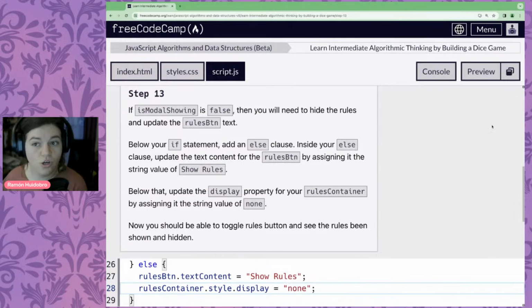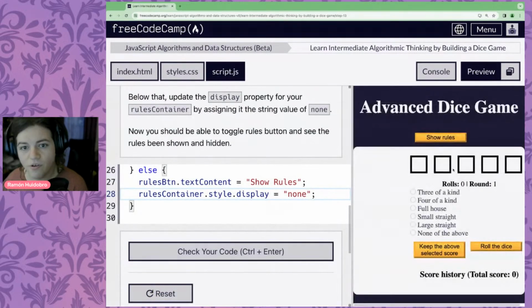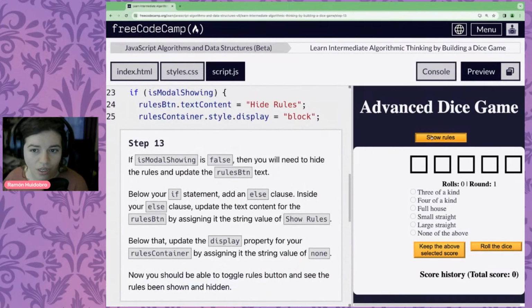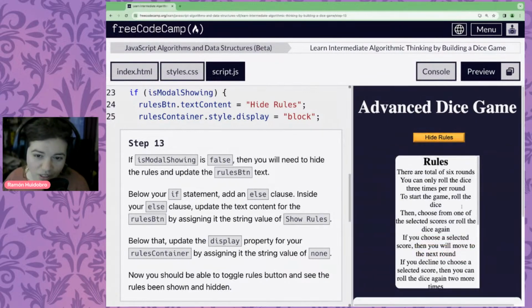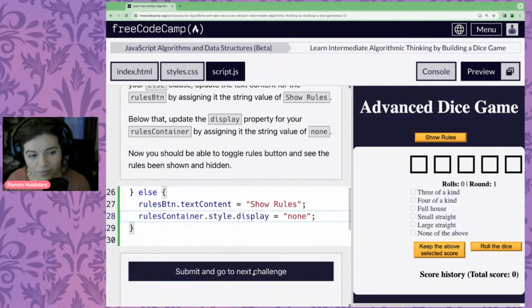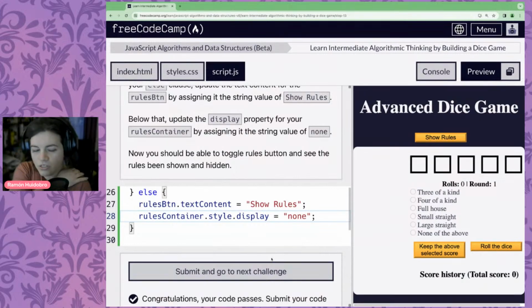So now if we go try it out, because we've already added this event listener, because we've already wired it up, we can actually show and hide the rules already. Now notice, first of all, this is now display block, and the text is hide rules. And if I click on it again, display is now set to none, and the button title is show rules. So that looks good. We'll pat ourselves on the back, pat, pat, and we'll keep going.